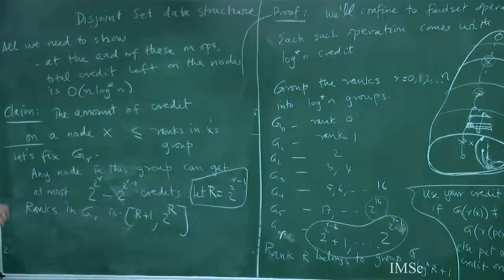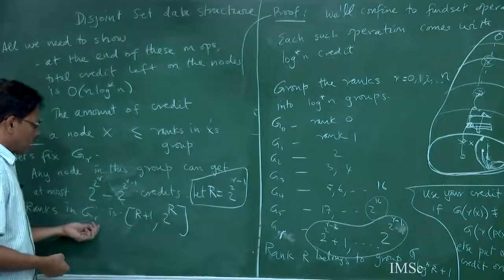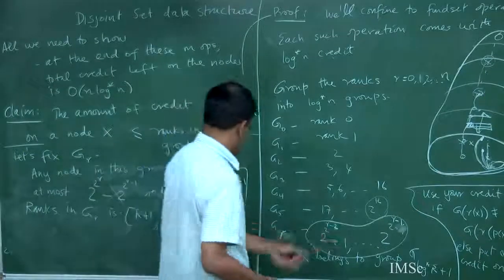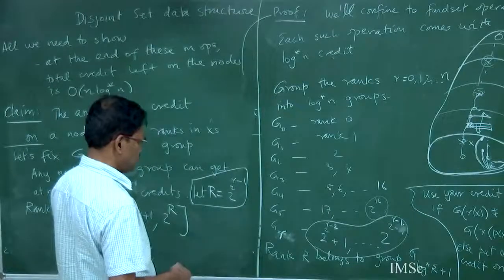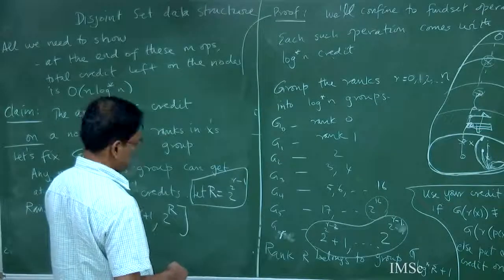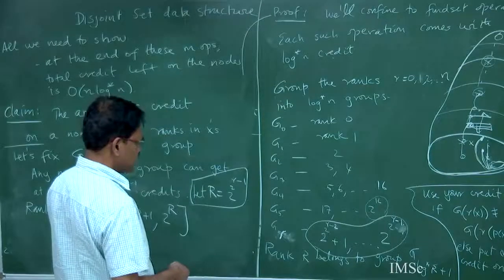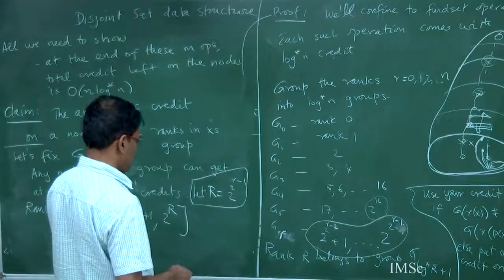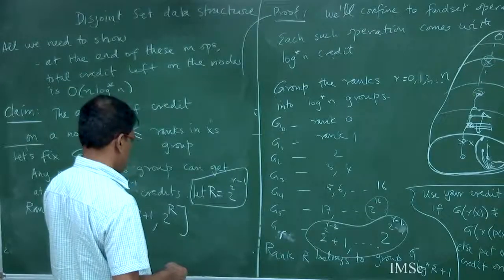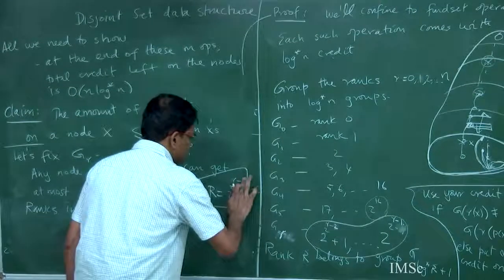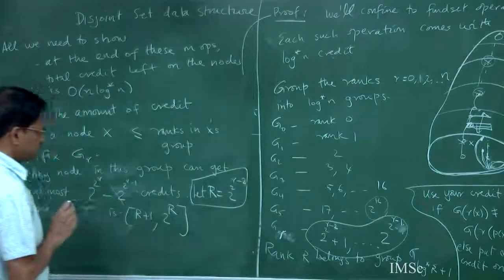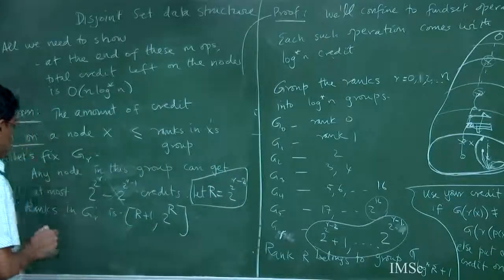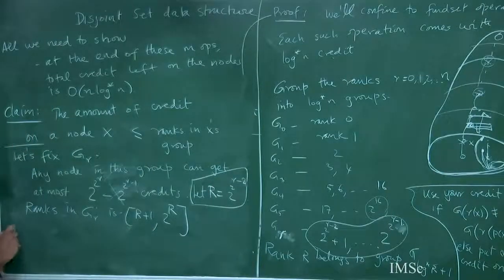Okay, so where were we? So I said the ranks in the group R is exactly from r plus 1 to 2 power r, right? Now I changed something. Yeah, let r be 2 power r minus 2. Then I'm going from r plus 1 to 2 power r. Now let's compute the number of nodes